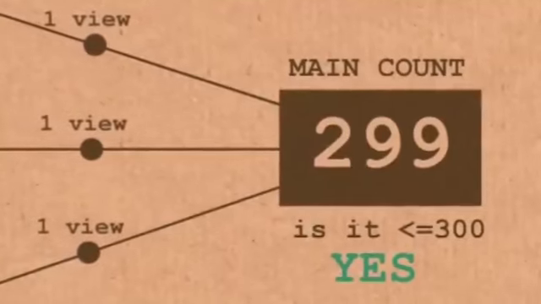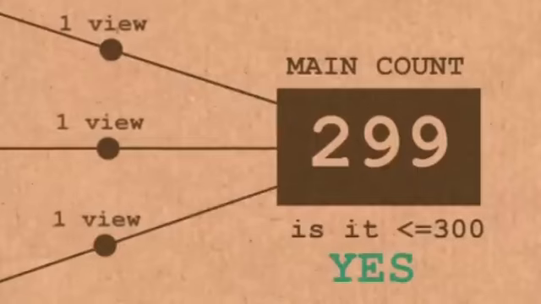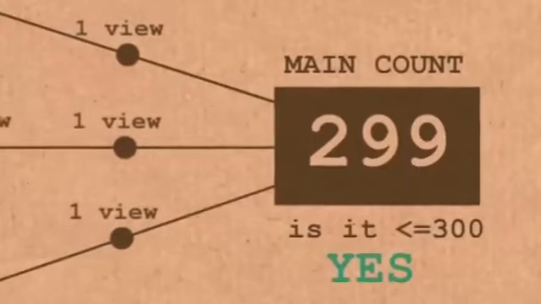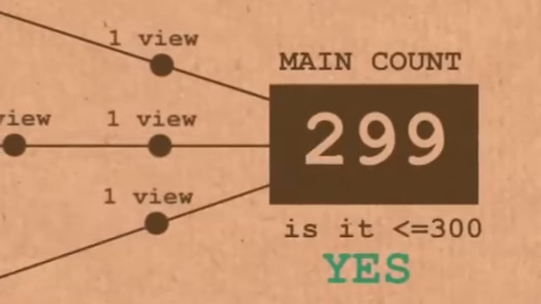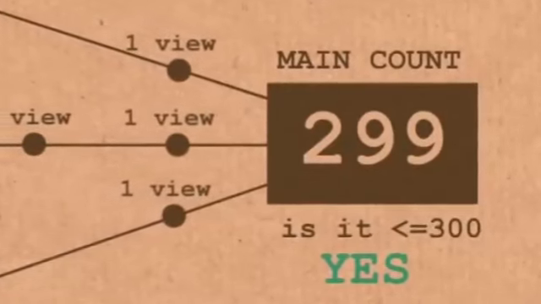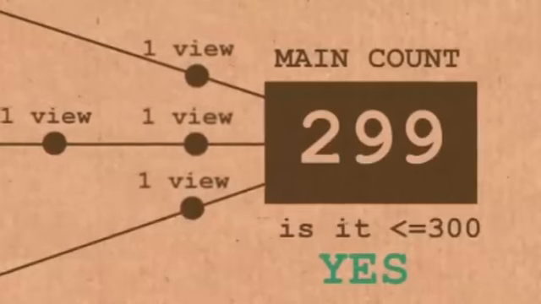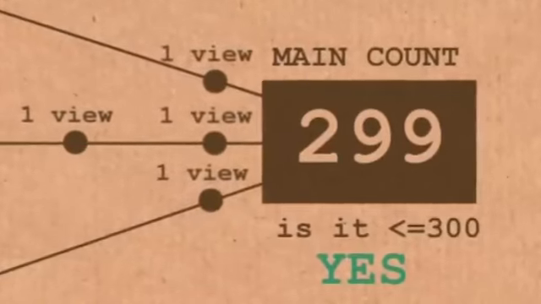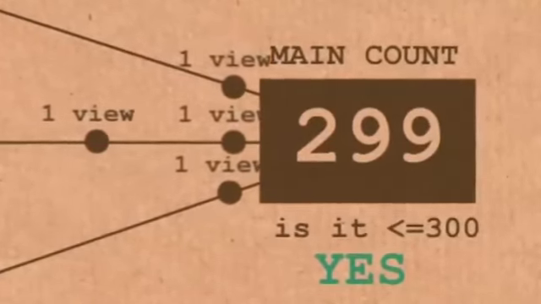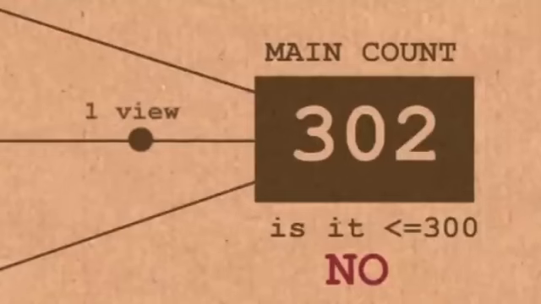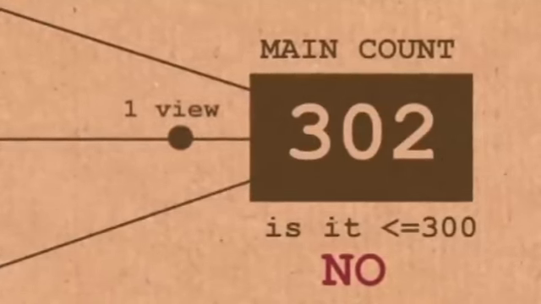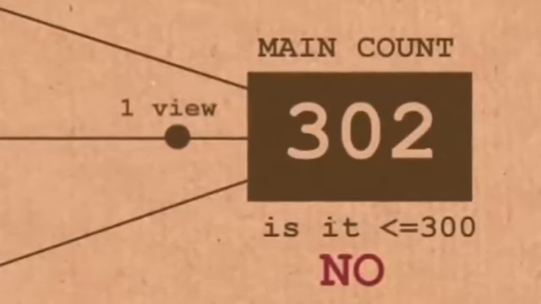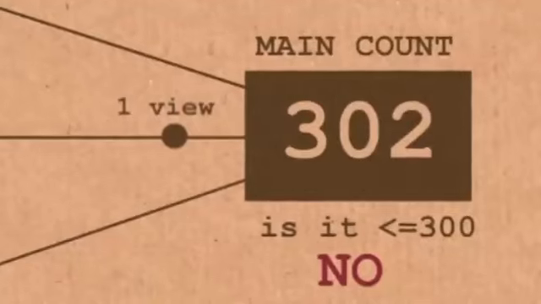But what happens if views are coming in at the same time? Someone watched it in Africa at the exact same time someone watched in Europe. Now we've got multiple views coming in, checking if they're allowed to join the count. Yes, they are. It's less than or equal to 300. So they all pile on at the same time. Now when a new view comes along, sorry, we're closed for business. But because of that simultaneous update, a few extra views were able to sneak on.